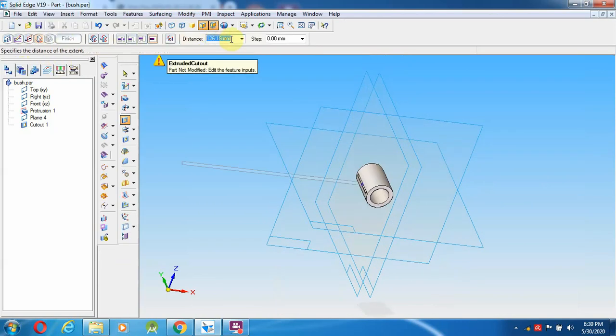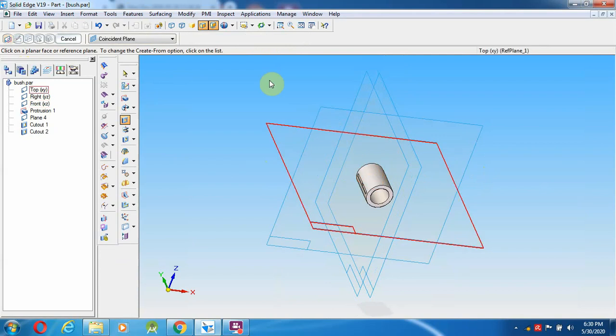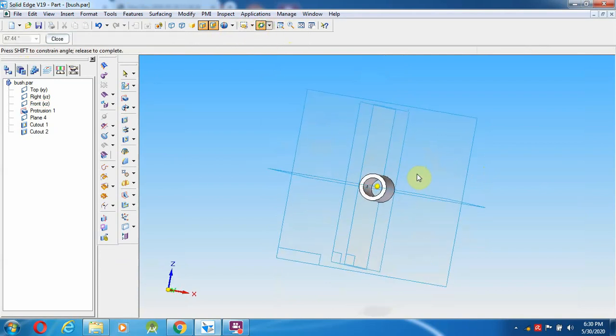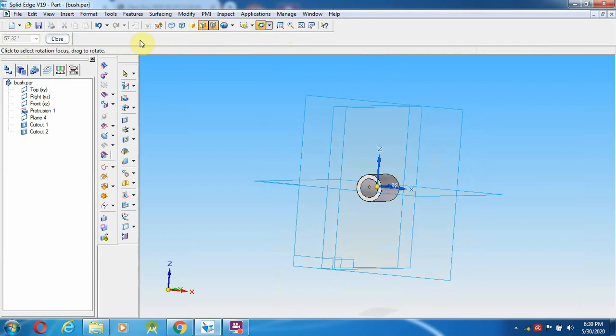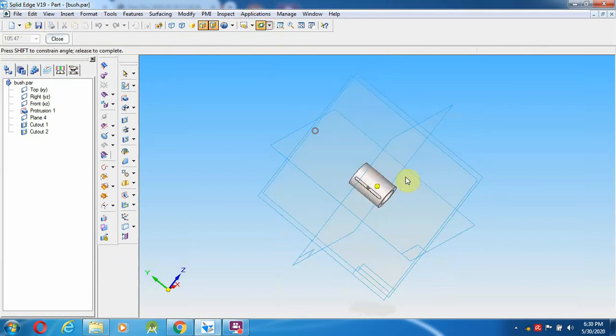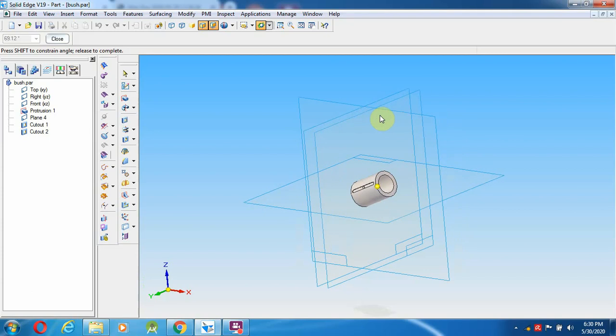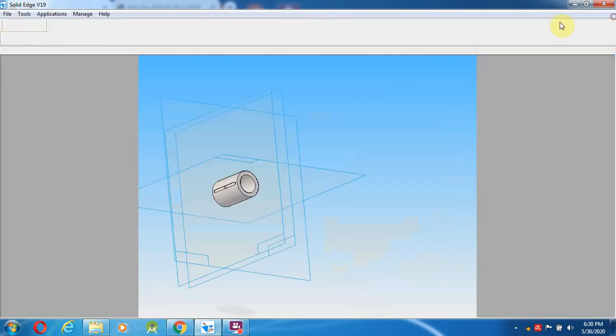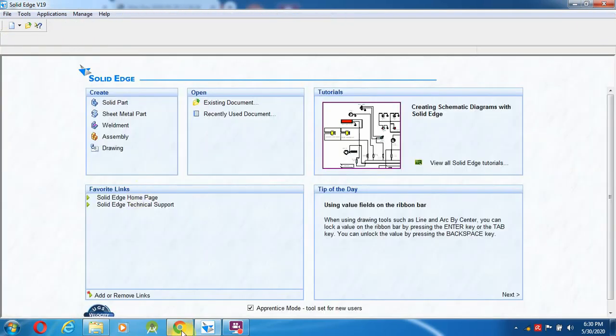So that is the distance towards the inside, then towards the left and right click. So we will check here whether the oil hole has been created or not. So we will save. Like this, this component has to be created. Okay, so we go to the next component.